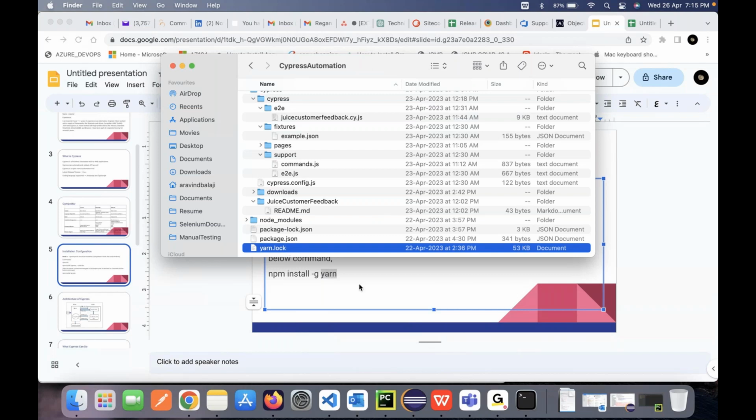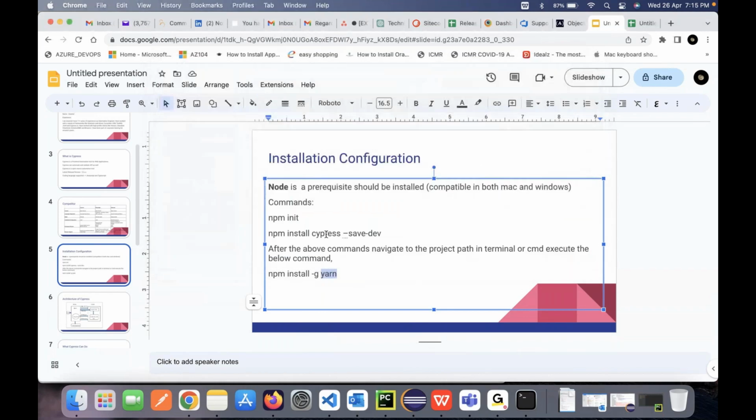And here again, to explain this command, npm is the node command, install is again the same, and Cypress is what you're going to install from node. Save and dev: save means you are going to save on a particular location, and dev is the developer option, you are going to modify it, so that's why we use it. And init is the initialization. So without this command,